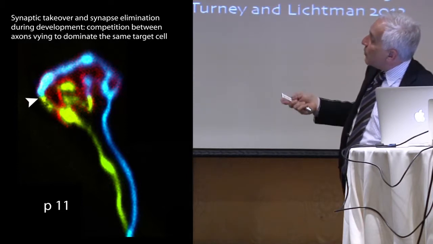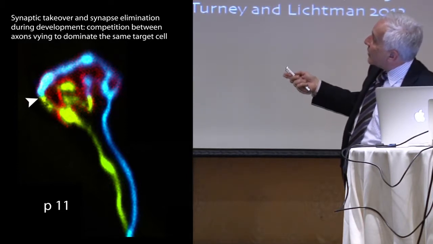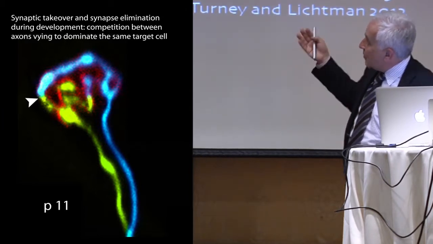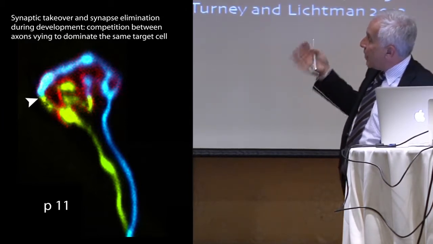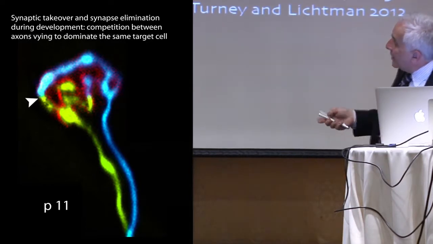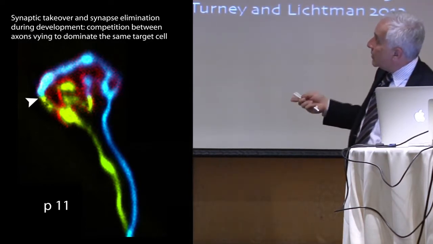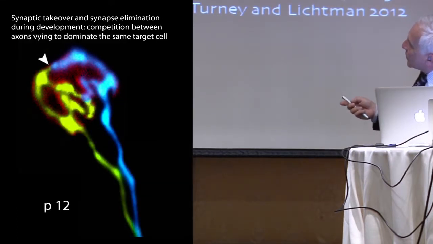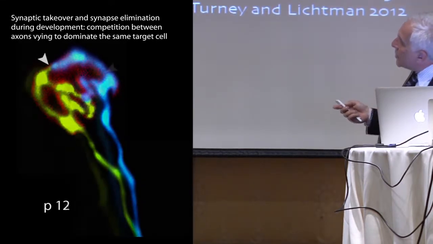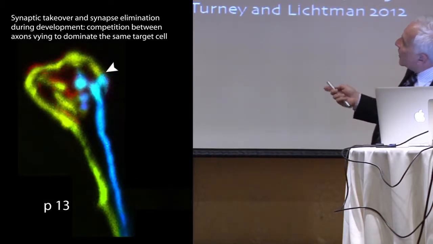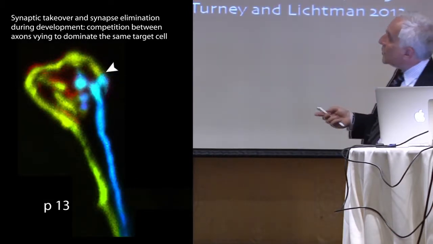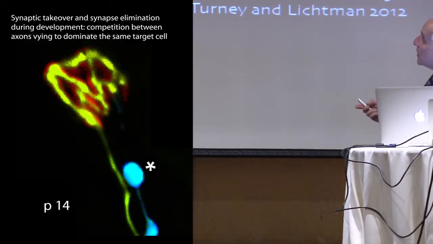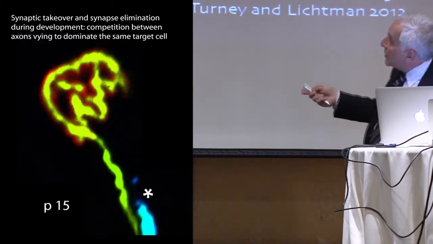Here you have 2 at postnatal day 11. The yellow axon has a little territory, the blue has a lot. We anesthetized the animal, took this picture, allowed the animal to recover, then came back a day later, found the very same neuromuscular junction a day later, and now you see the yellow has more territory, the blue has given up some territory. A day later, the yellow has taken over more territory, the blue has lost some territory, and by 2 weeks of age, you're down to 1 input, and then that plumps up, and that's the lifelong mate